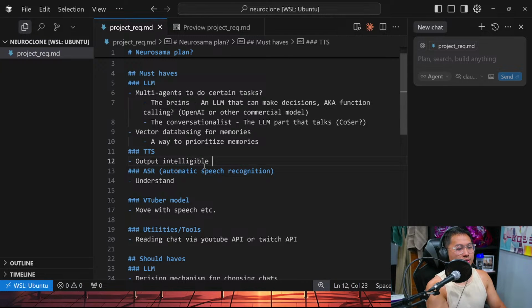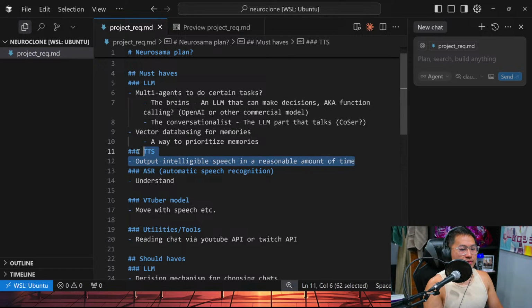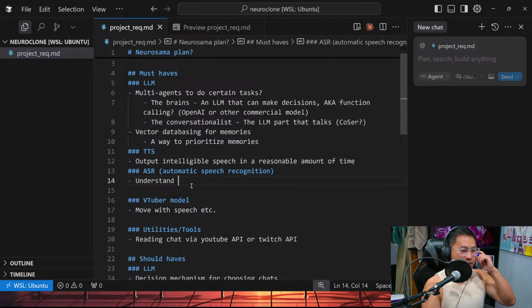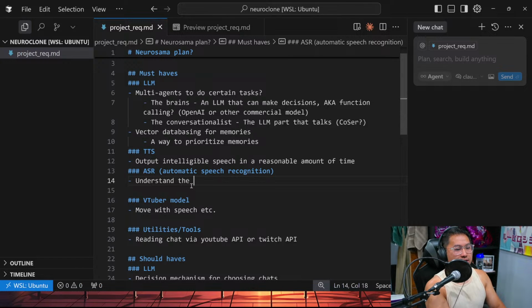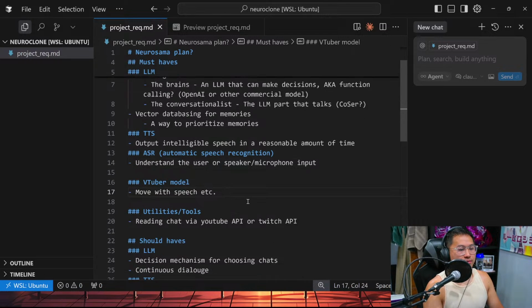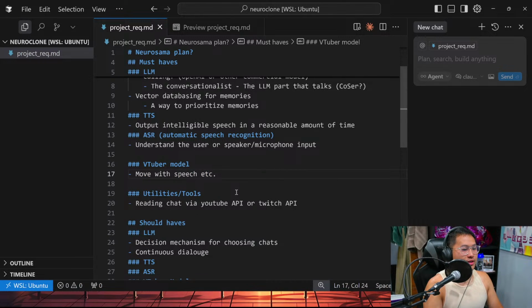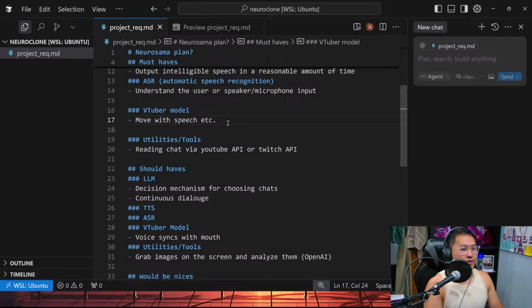Output intelligible speech in a reasonable amount of time, so don't need to go too ham there. It's just TTS. ASR: understand the user or speaker, microphone input. VTuber model, yeah, move with speech. That's really it for the must-have.